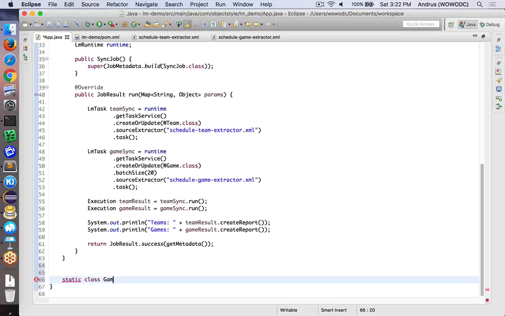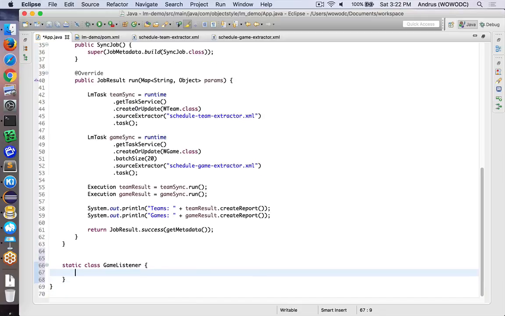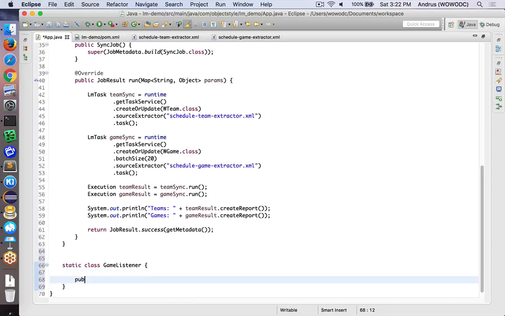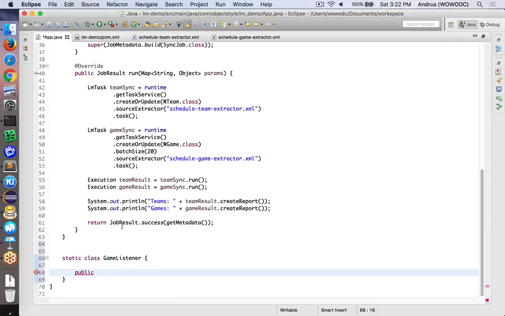Static class game listener. Doesn't implement any interface. It's just based on annotations. And this actually makes it hard to remember how it should look, because the method signature is really up to you. It's not enforced by any interface until you run it. Public void, okay, fix games,